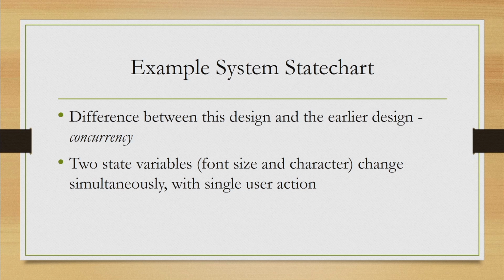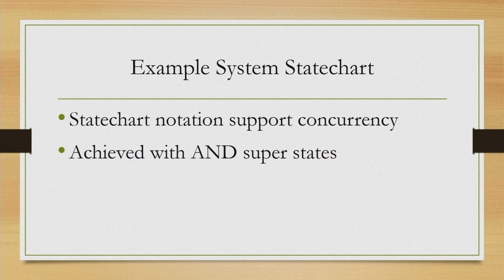Now, none of the earlier models of our system, the hierarchical STN model, the state transition networks or the state chart model, actually capture this concurrent behavior, and we need to modify the language to specify this concurrent behavior. Whatever we have learned so far about state chart is not sufficient to help us resolve this issue. However, it may be noted that state chart notation supports concurrency, and that is achieved with the idea of the AND superstates, and we need this notation to specify concurrency in our proposed model of the system.